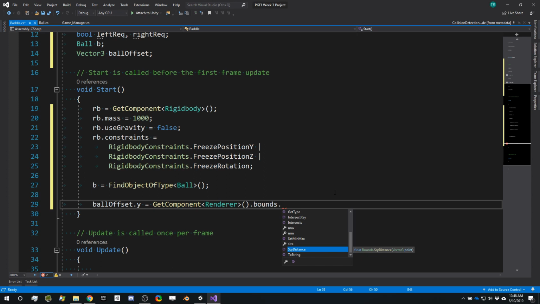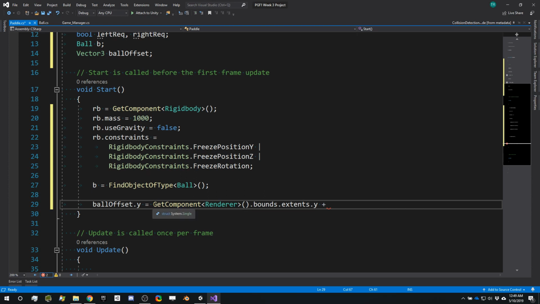And from the bounds, I can ask from the center out in any direction. So this is the half width, half height, and that is the extents. And now I can ask which extents. I can ask for the height or the width, or Z, but we're not going to use Z. So I want the height, and that's going to be Y. Now I need to add that to the same information coming from the ball. And it turns out, since it's going to be the exact same GetComponent Renderer bounds extents Y, but it comes from the ball,